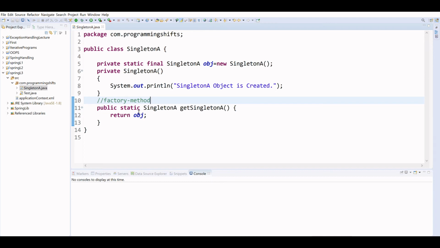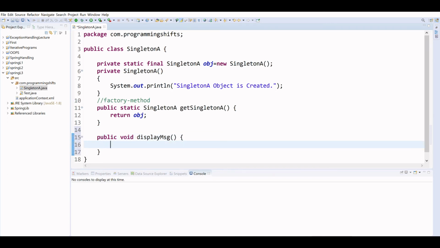Now another thing: we can create any method. I am going to write public void as the return type, and then give a name like display message. It is a very basic method. It will return nothing, but it will give you a message.